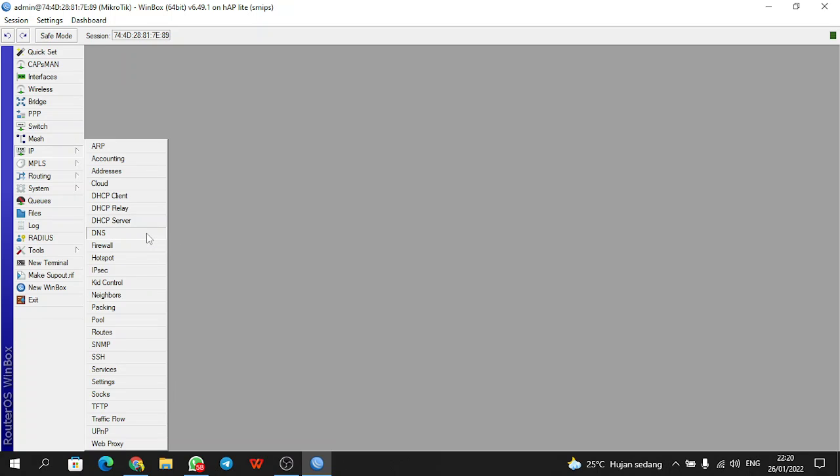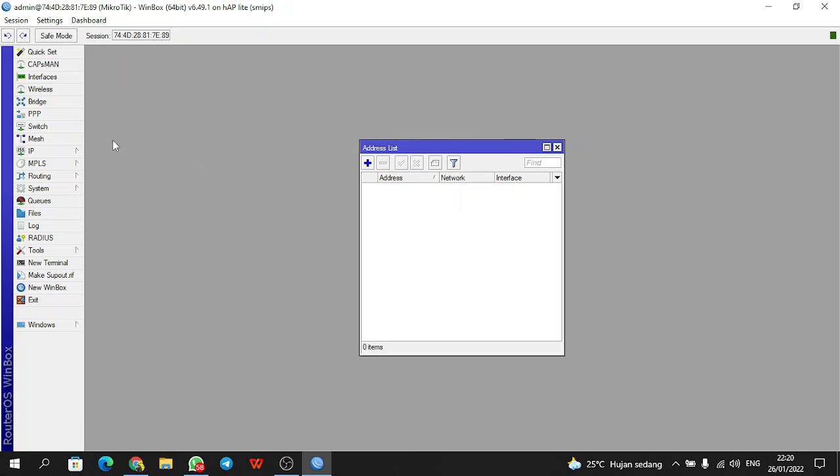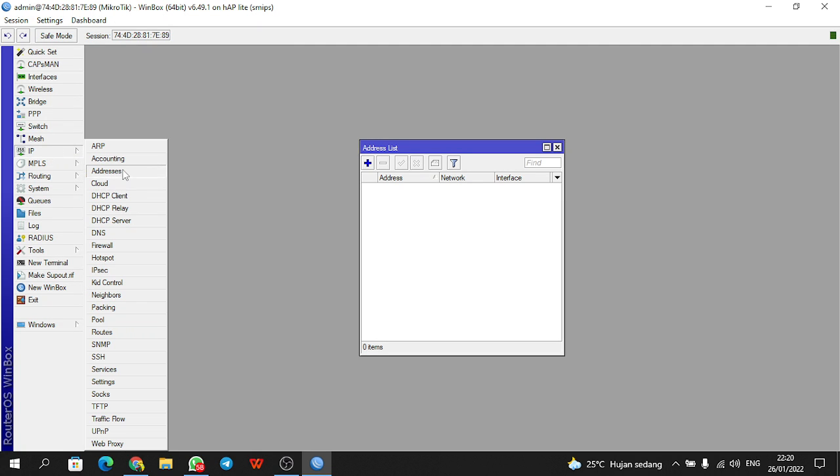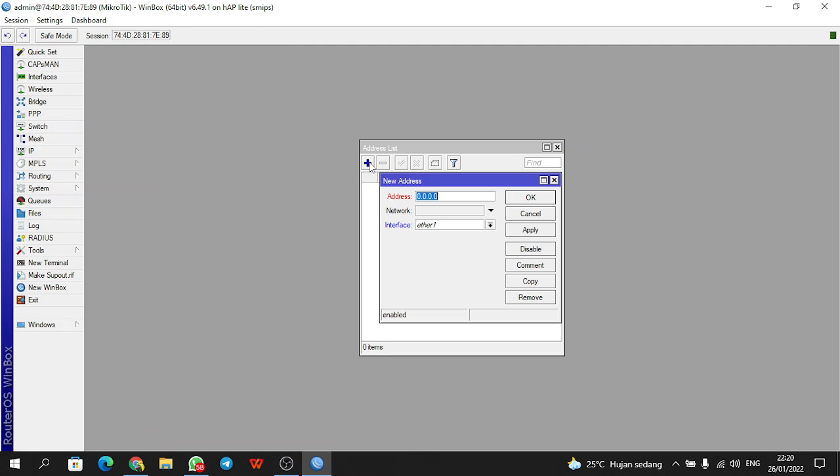First, we have to create an IP address so that the client PC can connect to the router. We click on IP, then click on Address, and we can add.